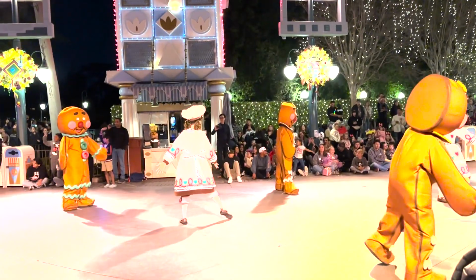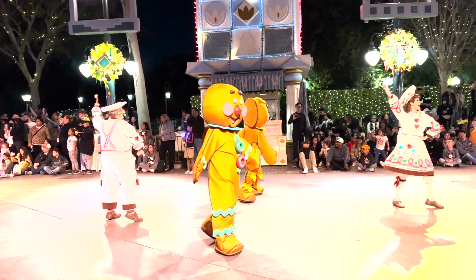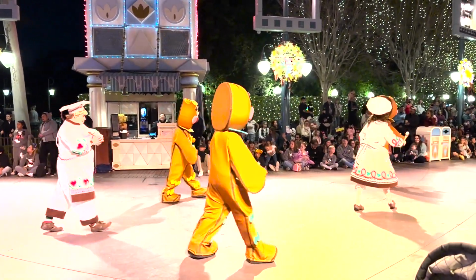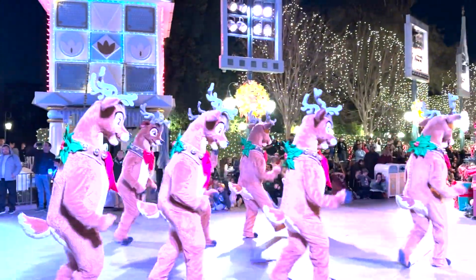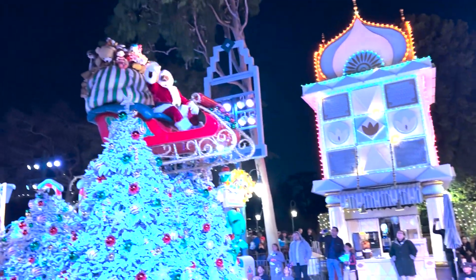Now, moving over to Christmas. Disney does it right for Christmas here in the parks. They deck the halls throughout the entire Disneyland park. The other really cool thing is that, instead of a special ticketed event, you can pretty much come and enjoy the Christmas parade, enjoy some Christmas fireworks, and really get into the festive season without having to buy an extra special ticket like you do have to do in Walt Disney World. So just be familiar with the different holidays, be familiar with how they celebrate specifically here in Disneyland Park,